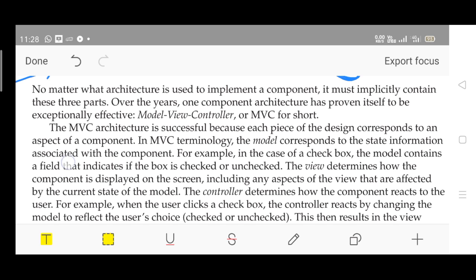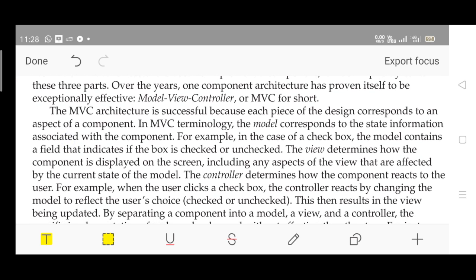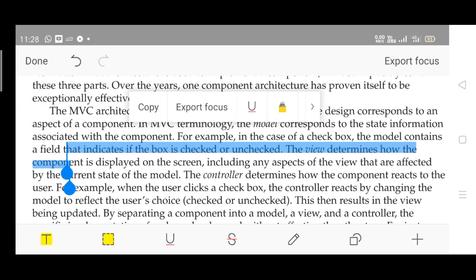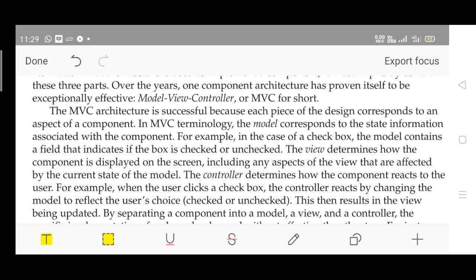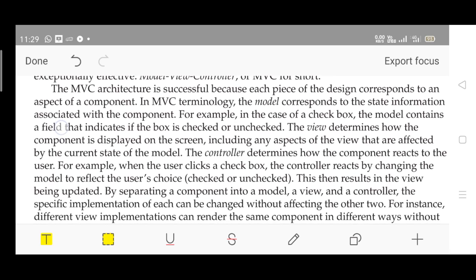The view determines how the component is displayed on the screen, including any aspect of the view that is affected by the current state of the model, and the controller determines how the component reacts to the user. For example, when the user clicks a checkbox, the controller reacts by changing the model to reflect the user's choice.